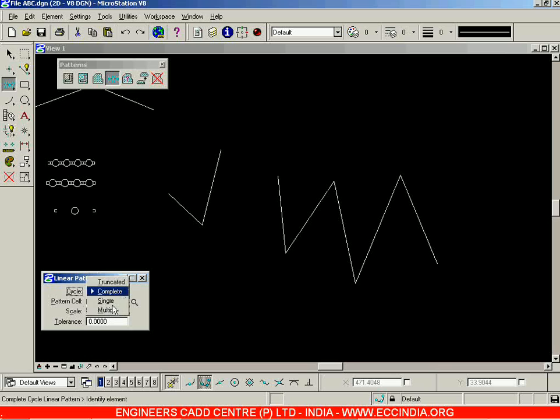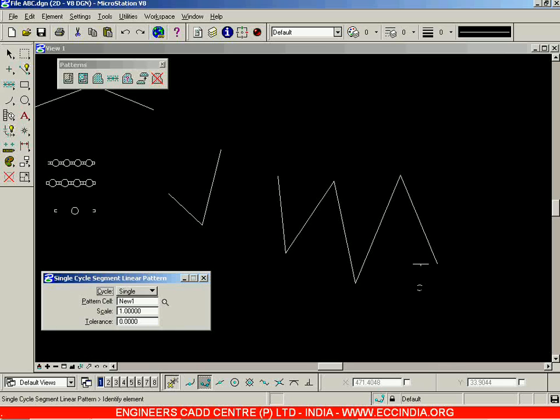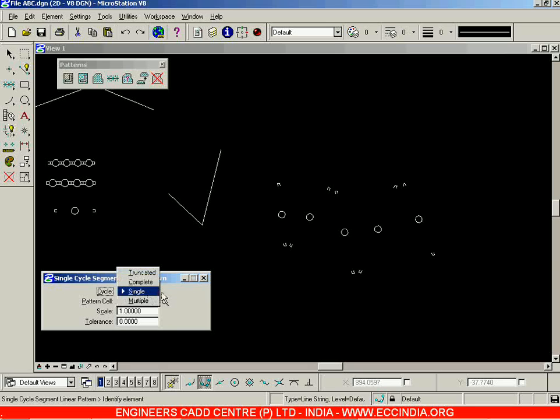Select the linear patterns option and click on single. Now when you click on this line and left click, a pattern is placed, a cell is placed on each element of the line. A single cell will be placed over there. That is the term single over here. I'll go with undo